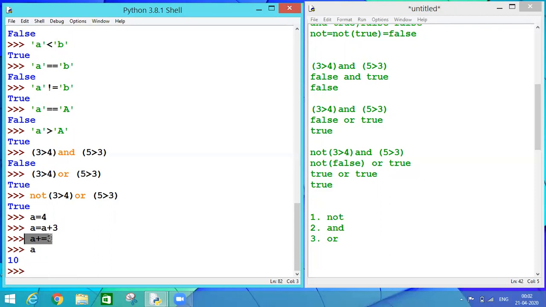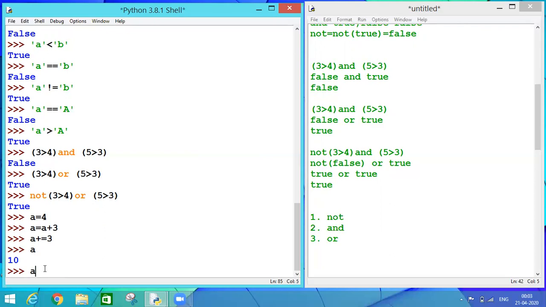So in this way, if the same operand is appearing on the left hand side and right hand side, then we can apply this shorthand operator. If my operands are different at both the sides, I cannot use the shorthand property. But if my operands are the same at both the sides, I may use it.